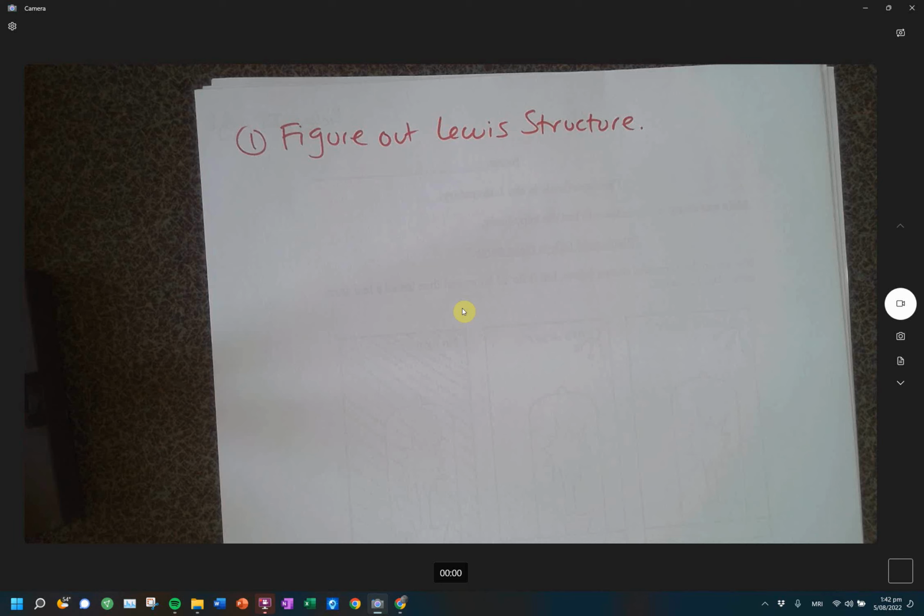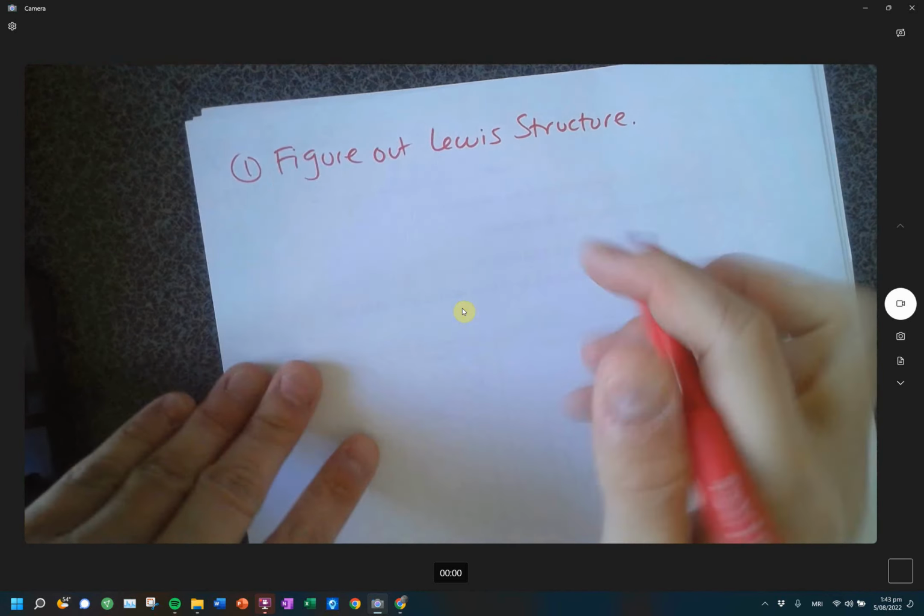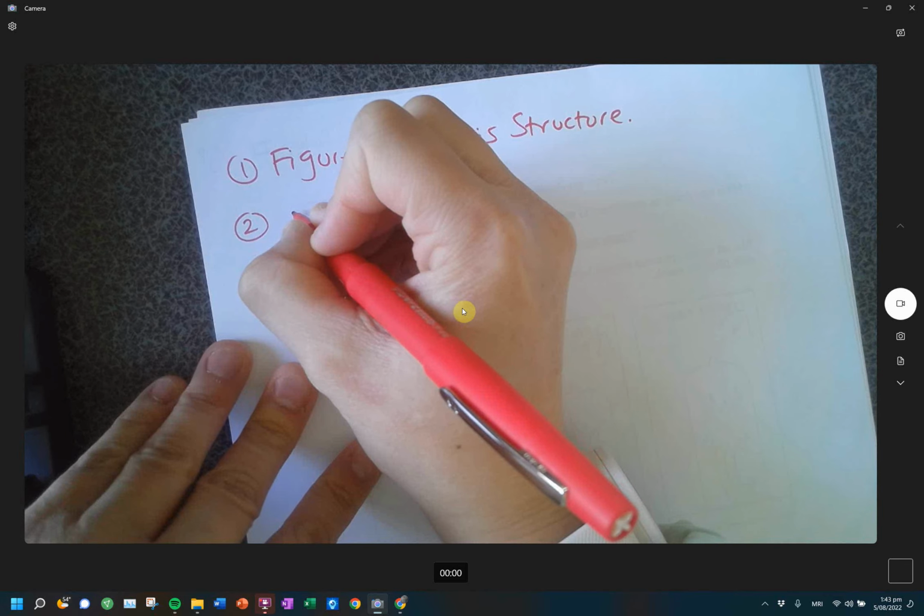Next, when it comes to writing these answers and when you're trying to justify shape, I'll talk about what you guys did last year and then I'll bridge into what's going to happen this year. It's very, very similar, but there's a little bit more focus on other components since it is a slightly larger molecule. So first off, you figure out the Lewis structure shape. Then once you figure that out, you're going to count the regions of electron density. So figure out Lewis structure shape, second step, count